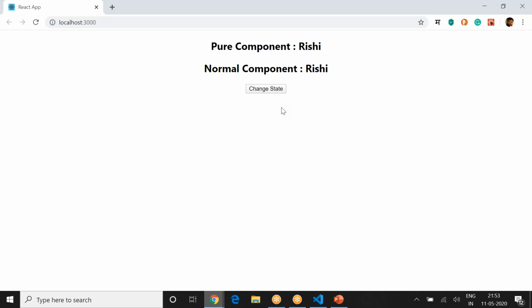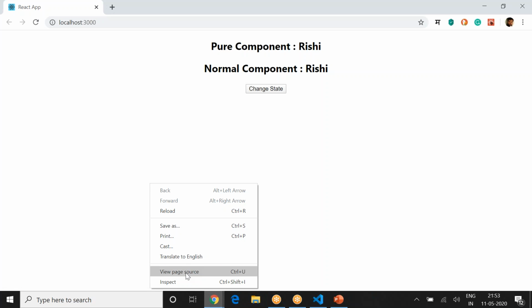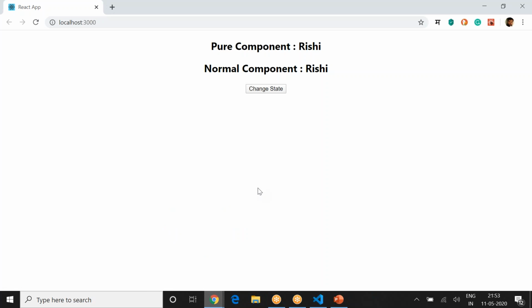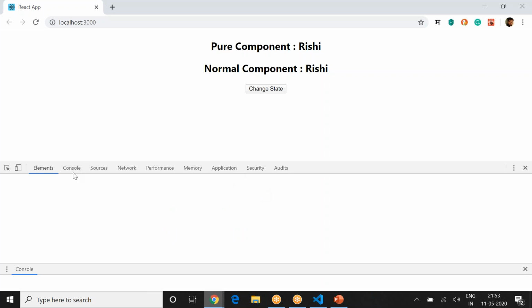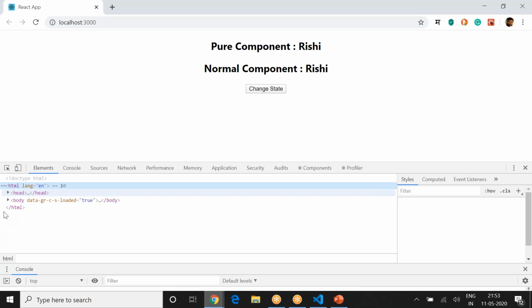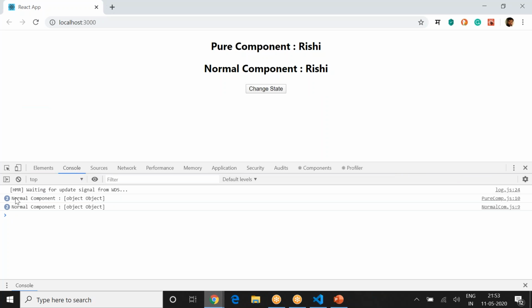So come back here. Now loading it. You got this pure component Rishi, normal component Rishi. I want to inspect, so view inspect. Go to console. So normal component object. Okay, these objects are getting loaded, that's fine.